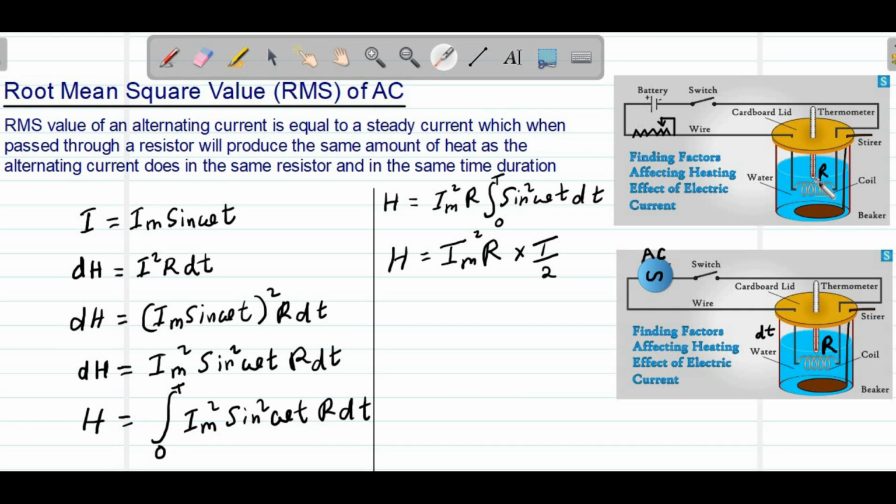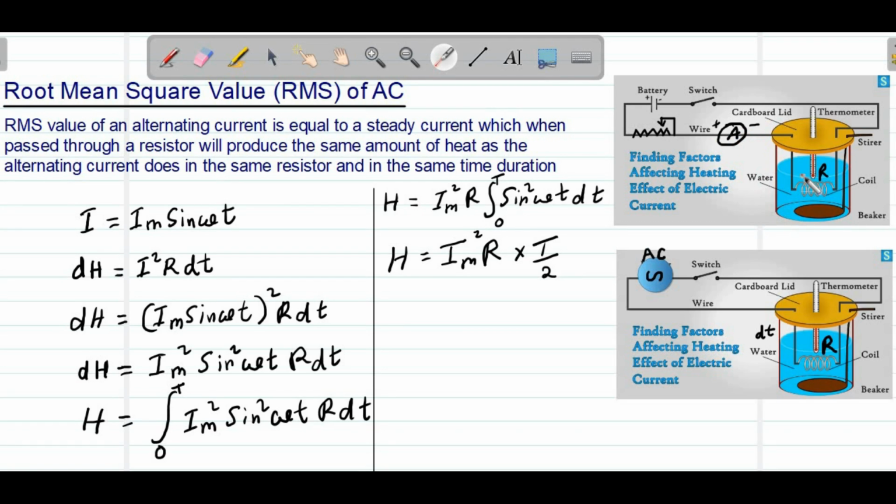Now through the same circuit we have a DC flowing. By using the rheostat, we can adjust the DC. Suppose there is an ammeter also connected here, connected to plus and minus. So we can measure the value of current from the ammeter. Because it is a DC current, it can be directly measured from the ammeter.